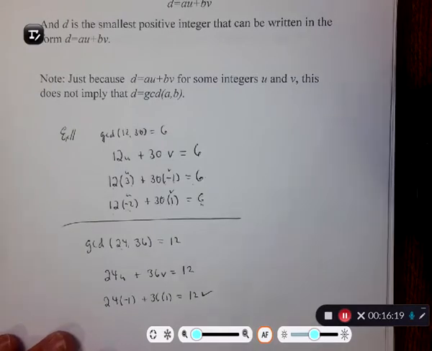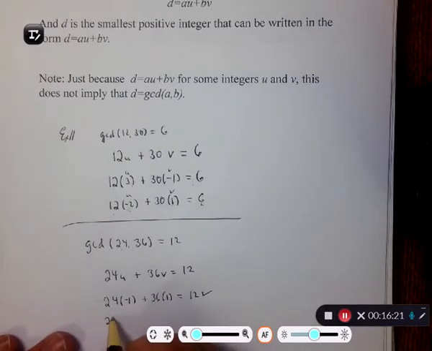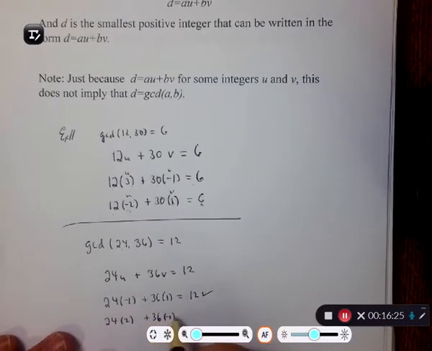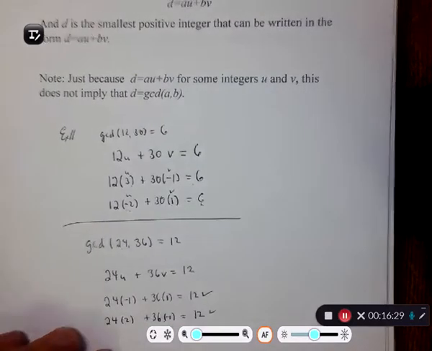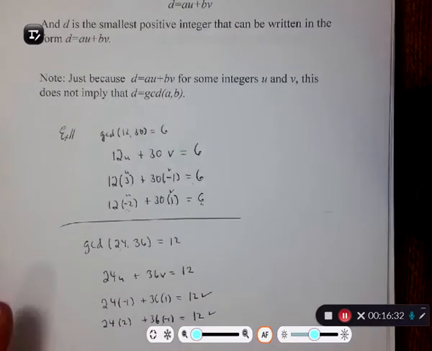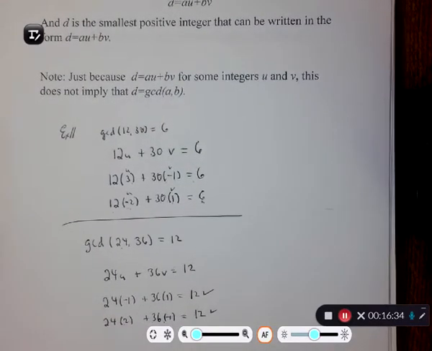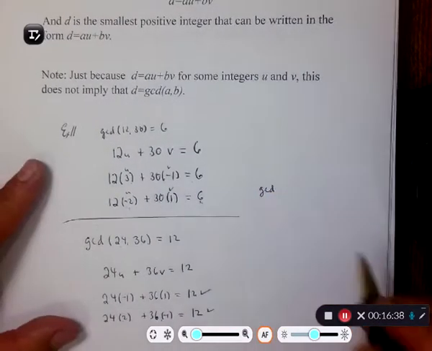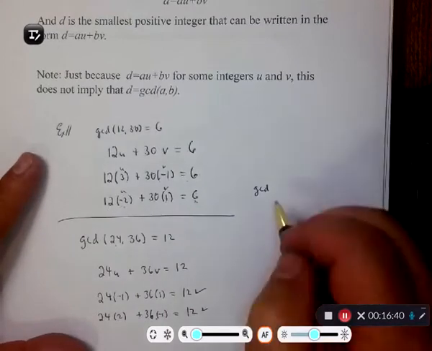But again, that's not necessarily unique. I can take 24 times 2 plus 36 times negative 1, and that also gives me 12. Different set of u and v. U and v are not necessarily unique. Okay? And just for good practice, remember we also played around with the GCD of 180 and